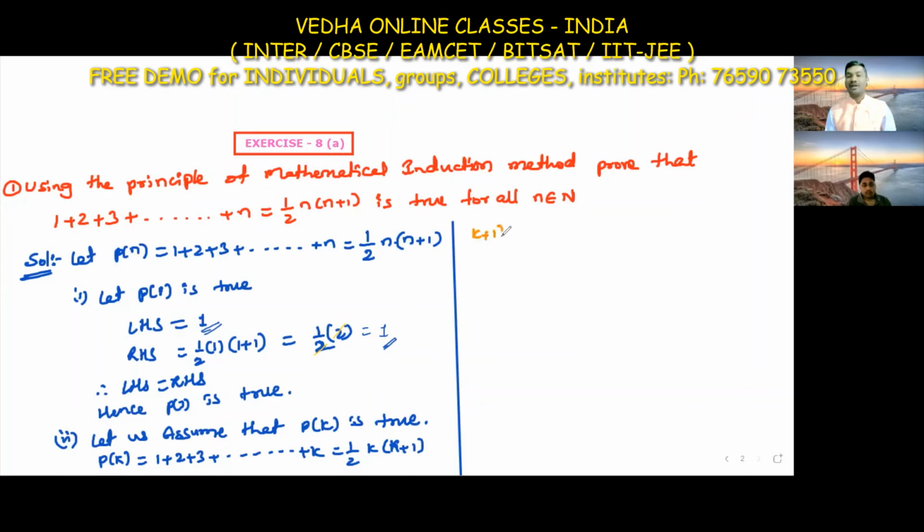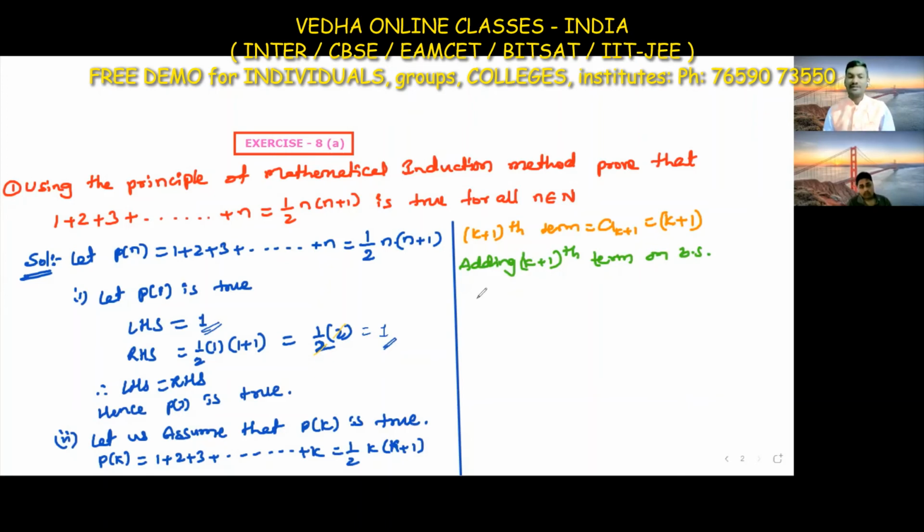Now I am finding the k plus 1th term, which we can write as t of k plus 1. That is nothing but in place of n, we substitute k plus 1. Here it is very simple, very easy. We can directly add this k plus 1th term on both sides. If we add the k plus 1th term on both sides, then what do we get?